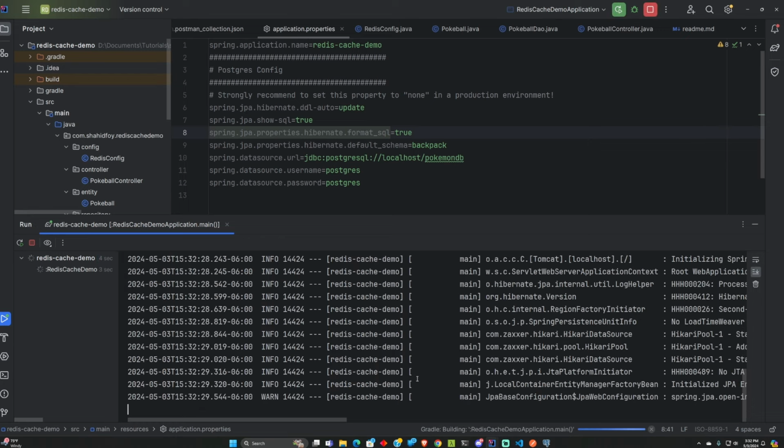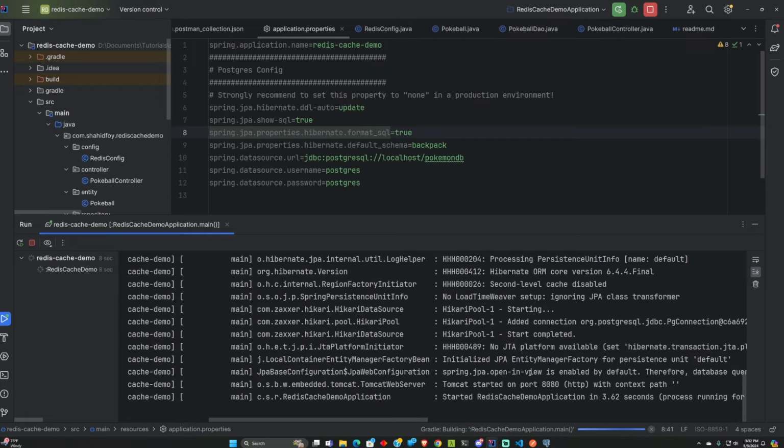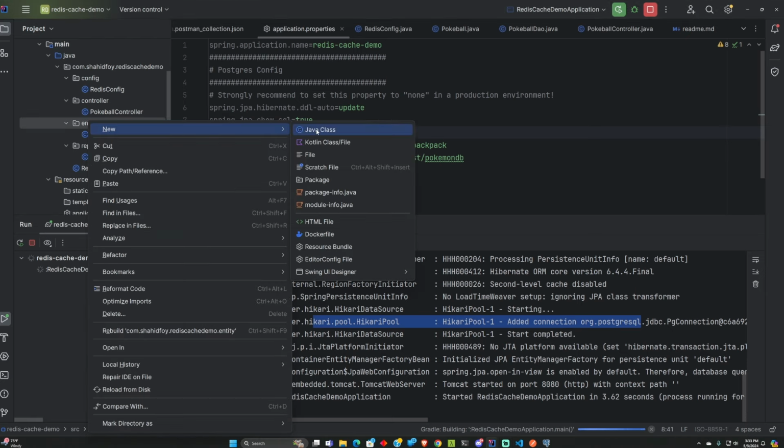And if you get a successful startup, you should be good and you should be connected. You can also see in the logs that a connection was established as well. All right, now that we know we can successfully connect to our database, let's go ahead and create a new